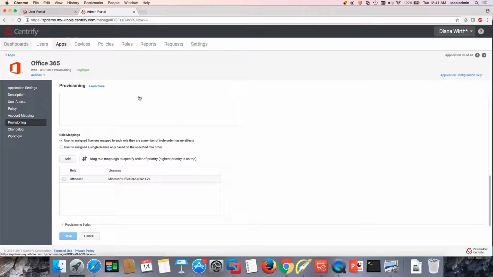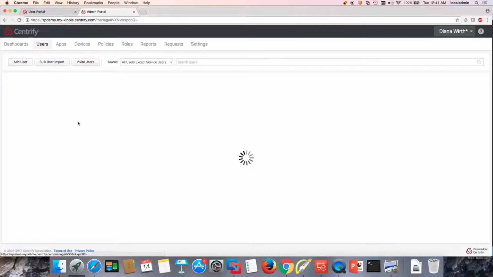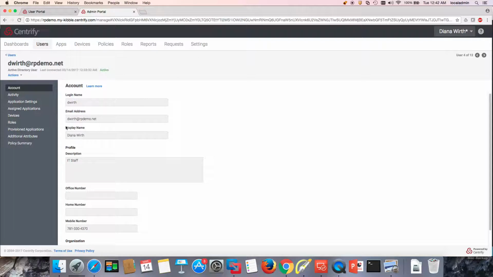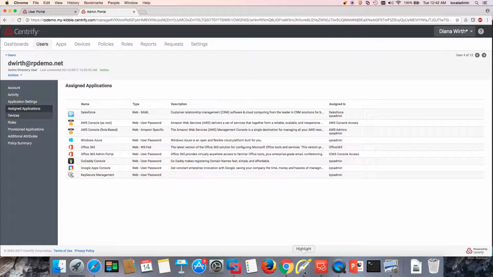Finally, there's another layer, which is accountability, right? So you want to make sure that you're able to find out where your logins are coming from. And if you need to look at a user, if you need to know what applications have been assigned to that user, you have a simple place where you can go and take a look at that. For example, I can look at application assignments for this user, right? So in this case, notice that this user has both Azure and